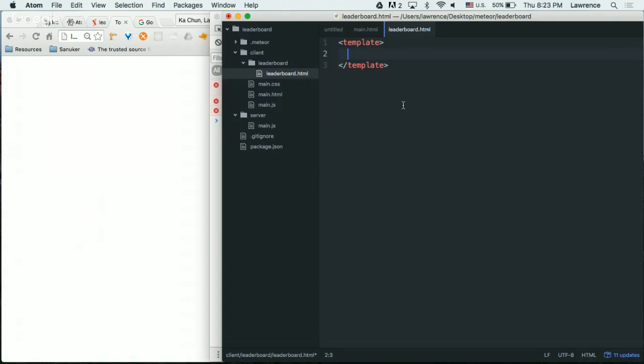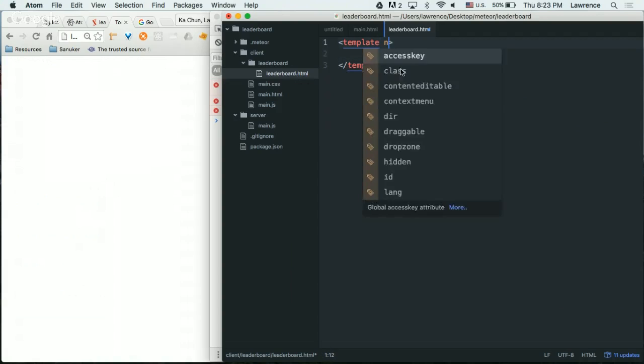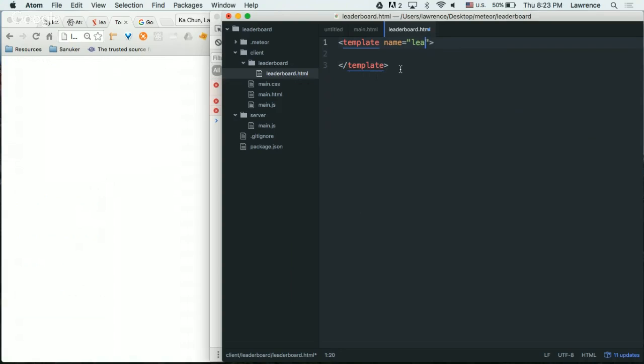And on some computers, if you are on Mac, when you finish typing the open tag, it will type the end tag for you. But if you don't see this, just type everything. Okay. So now you have the template, and then type name equal to leaderboard. Okay. This is the basic of the template. You have to give it a name for it to reference. So try to do something like this. It's called hi, or just type anything.